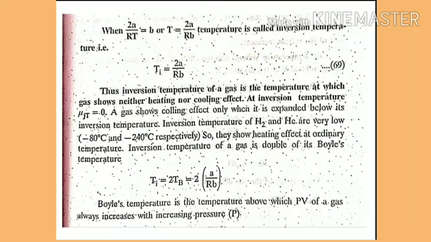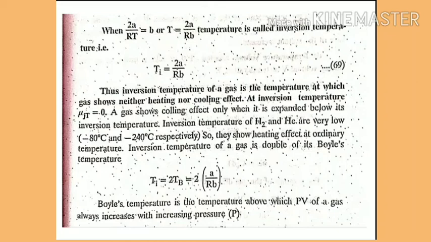A gas shows a cooling effect only when it is expanded below its inversion temperature. Cooling effect can be observed only below the inversion temperature, and the inversion temperatures of hydrogen and helium are very low,